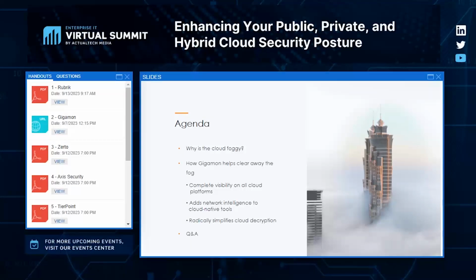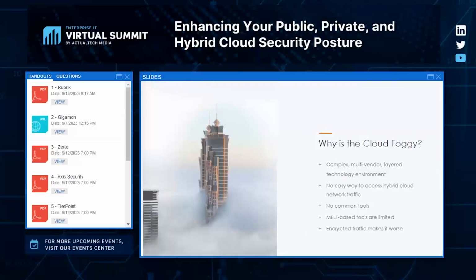Gigamon obviously has a solution for this, and this is the space that we've been operating in for quite a while now. We provide not only visibility into the communications, meaning network packets, raw packets, and so on, but also visibility into metadata about the traffic well beyond NetFlow. So we offer over 7,000 different attributes that our customers are able to integrate into their observability tools, their SIEM tools, and so on. So that's the general topic today.